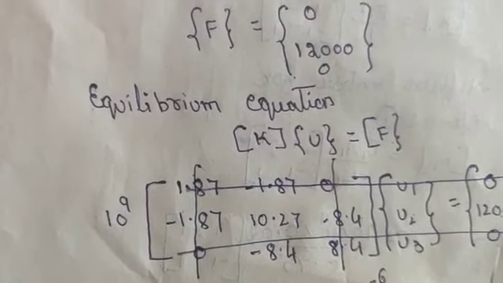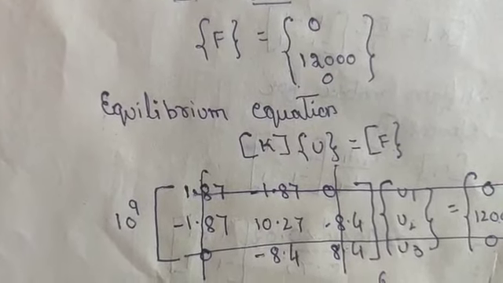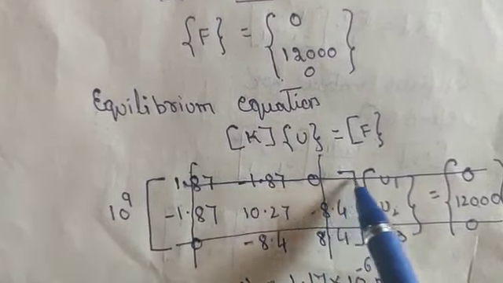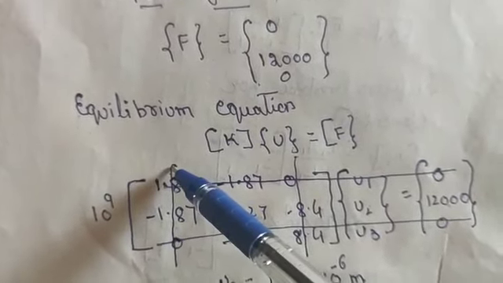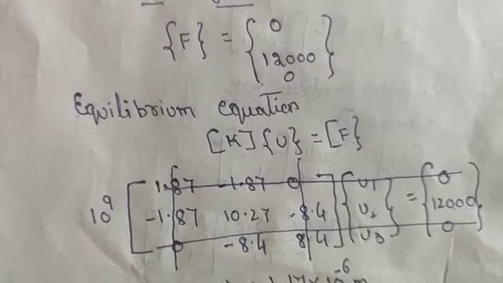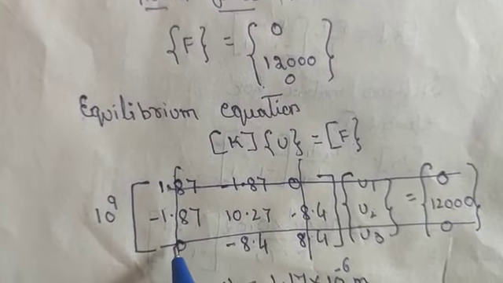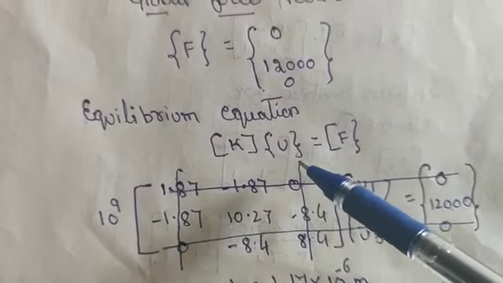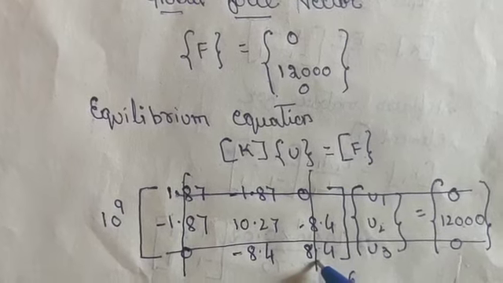Here you can see that the boundary condition has been applied at node 1. According to the elimination method, we have to delete the entire row. See here, I have shown this entire row, I have deleted. Again, the column also you have to delete. This is the column you have to delete. This is for node 1. Similarly, for node 3, we have to delete row 3, the entire row. Again, column 3 we have to delete here because the boundary condition has been applied at node 3 also.